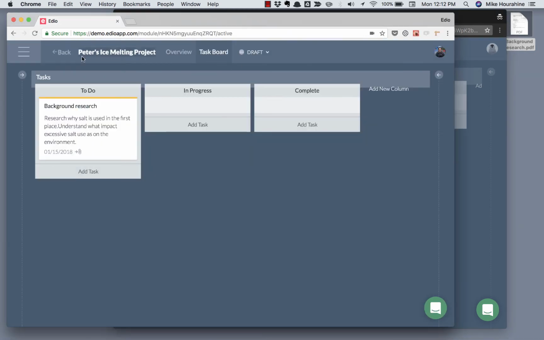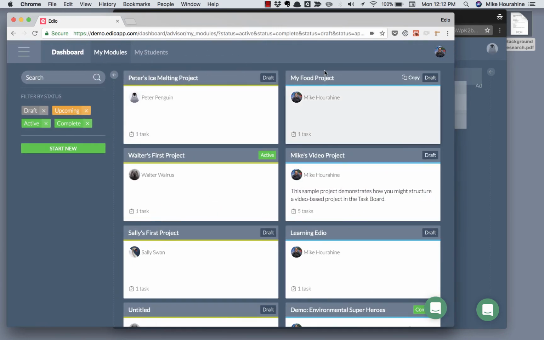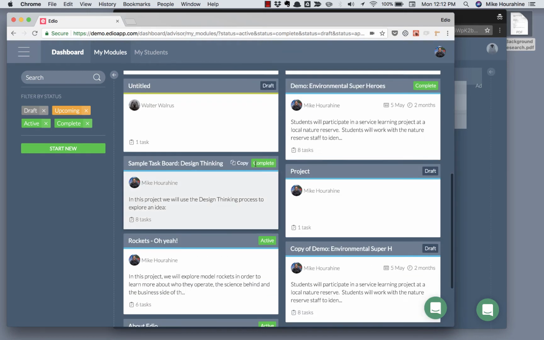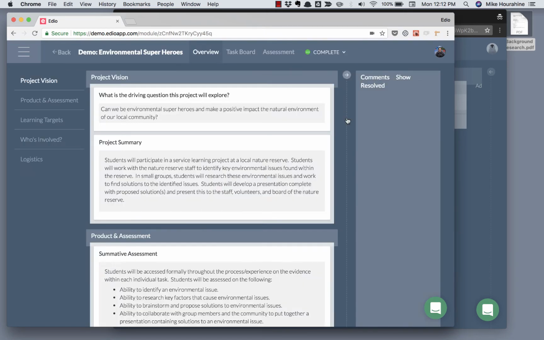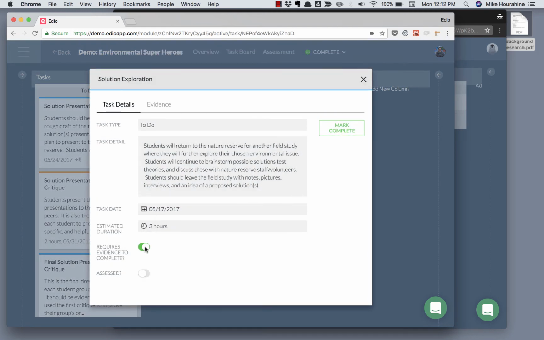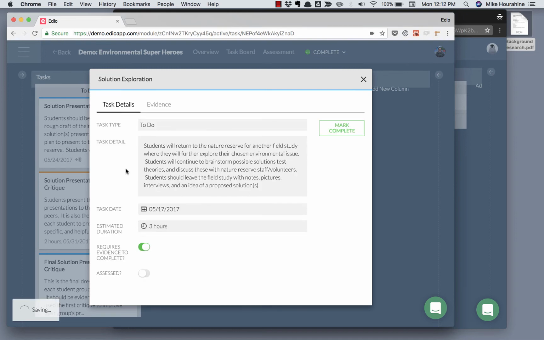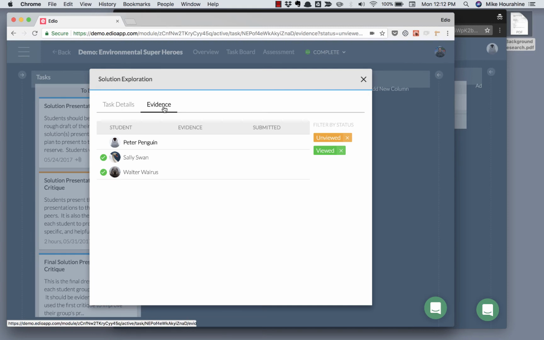Now let's jump to what it looks like for a teacher-led project. In this case, I'm going to use this demo project I have here. I'm going to go to my task board again, and I'm just going to take a look at this solution exploration one. Again, you notice the toggle evidence switch is here. Everything looks pretty much the same in the teacher-led context, but when I click on the evidence tab now,